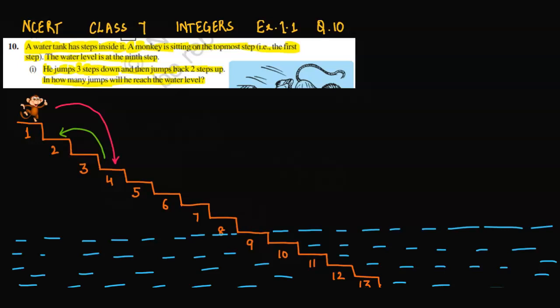Again he jumps downwards 3 steps and goes back 2 steps, again jumps down 3 steps, jumps up again 2 steps, again goes down by 3 steps,